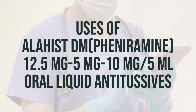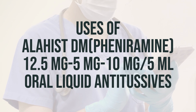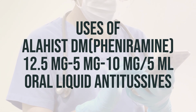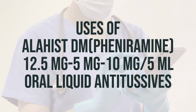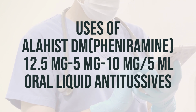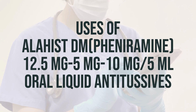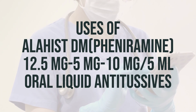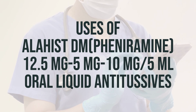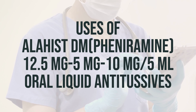This medication is used to treat symptoms caused by the common cold, flu, allergies, hay fever, or other breathing illnesses such as sinusitis or bronchitis. It contains dextromethorphan, which helps to suppress coughing by affecting a certain part of the brain. It also contains decongestants to relieve stuffy nose symptoms, and antihistamines to relieve watery eyes, itchy eyes/nose/throat, runny nose, and